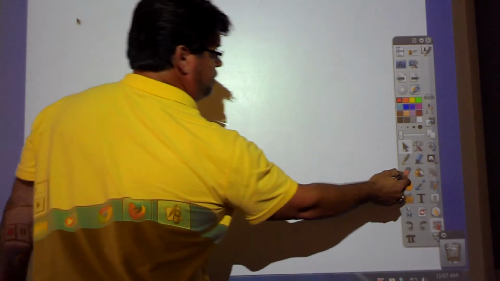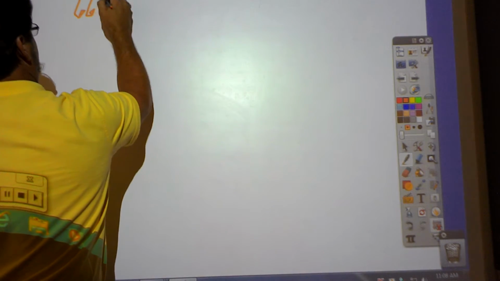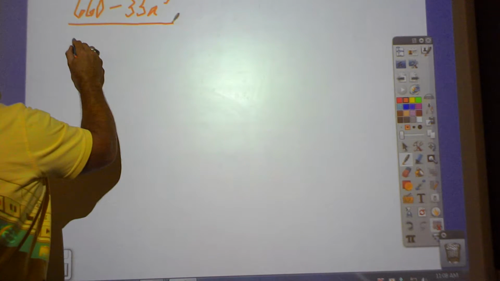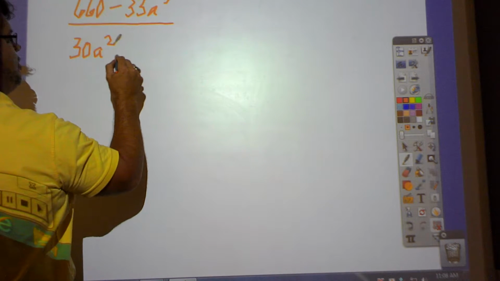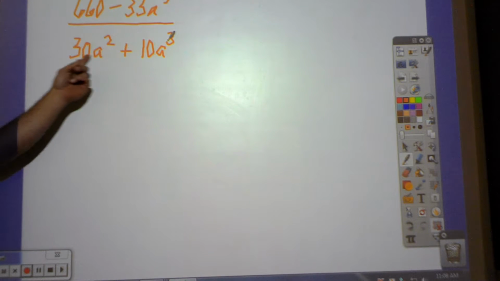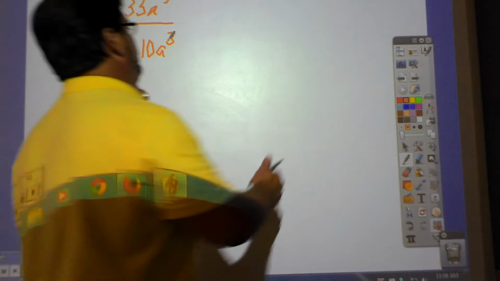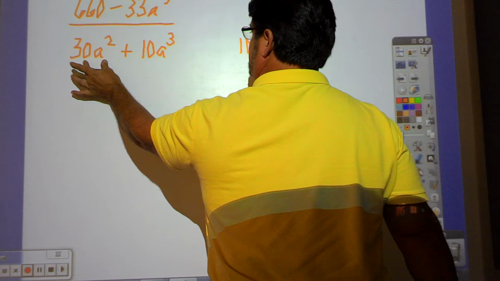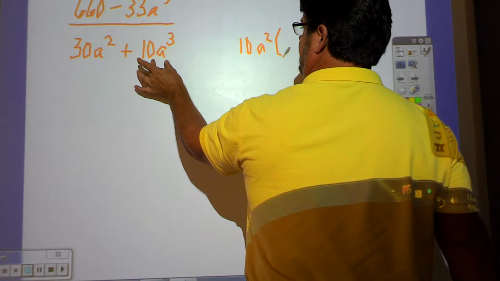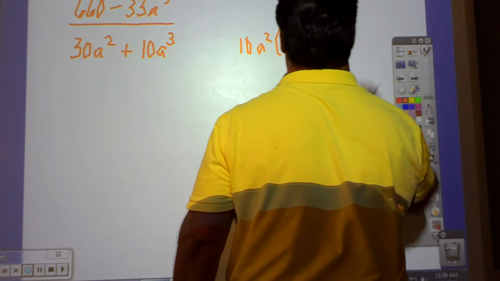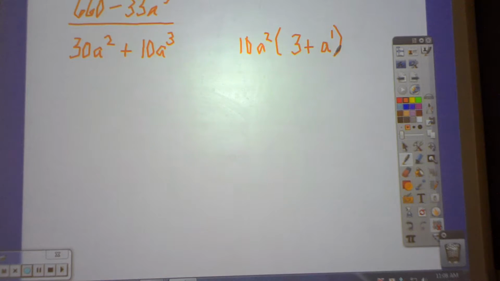660 minus 33a cubed over 30a squared plus 10a cubed. Well, we know the 10a squared is going to come out of the bottom, and that'll leave 3 plus what? A to the first? Right? And then